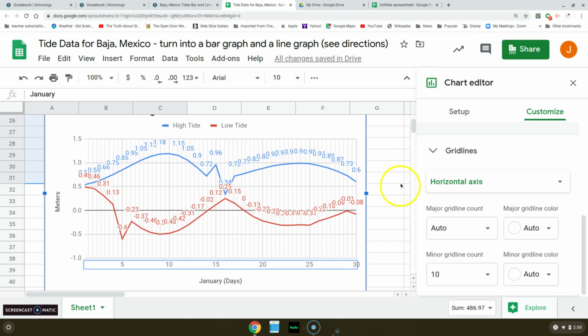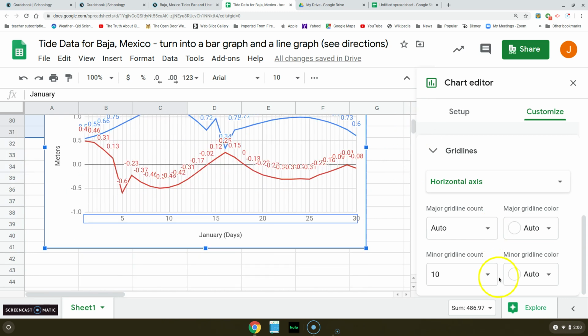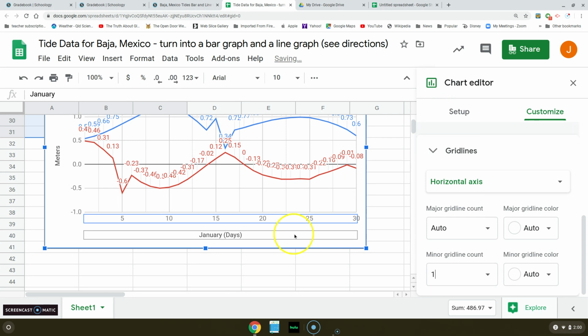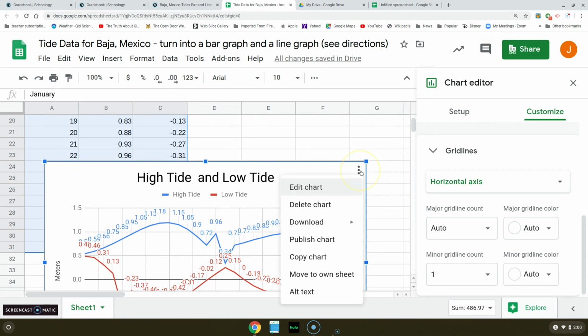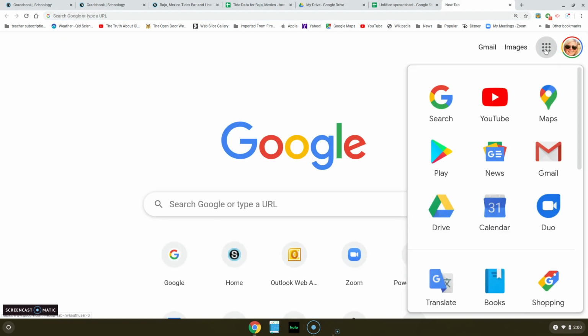With that being said, this would be your first graph. I can actually take out the minor and just do like 1, so it looked like before. And then what you want to do is actually go in here and click on these 3 dots and hit copy chart, copy it. You're going to open a Google document, and